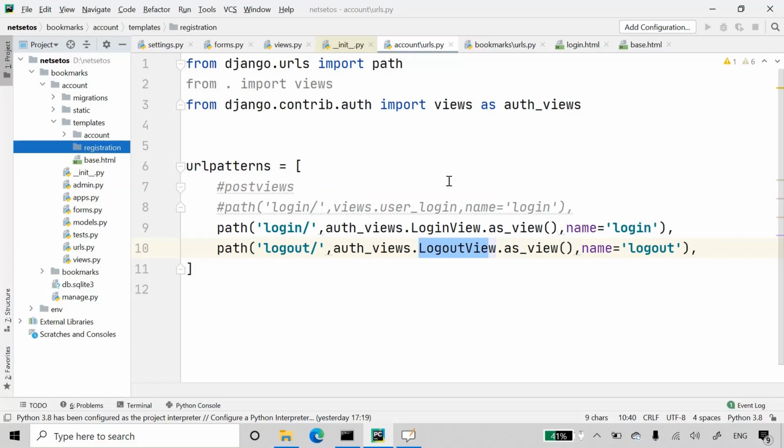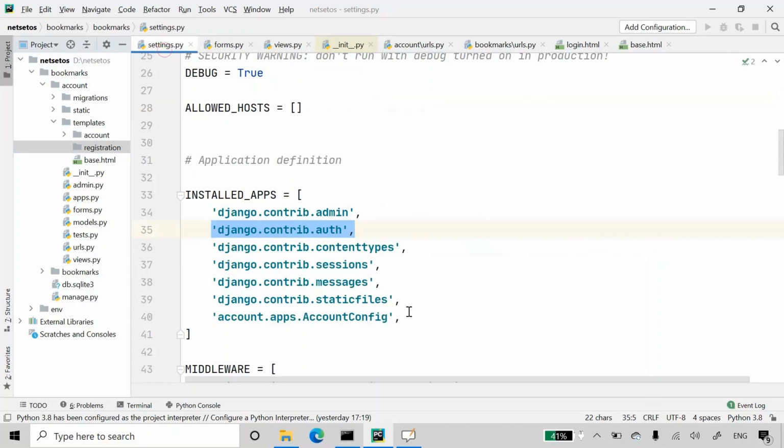So basically we have used the django.contrib.auth module, which includes some of the authentication templates used for the administration side. When we go to settings.py, we have placed this account application at installed apps, so that Django uses our templates by default.